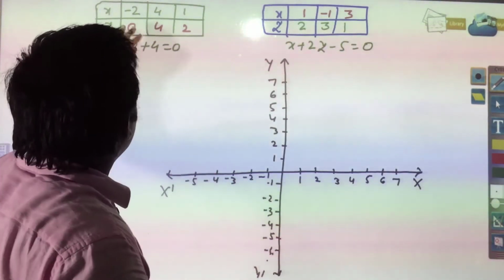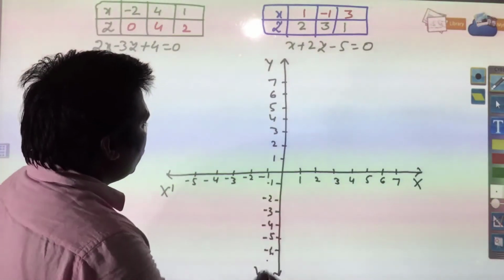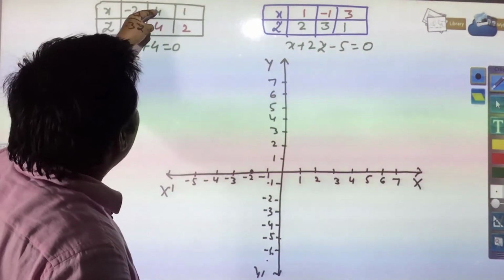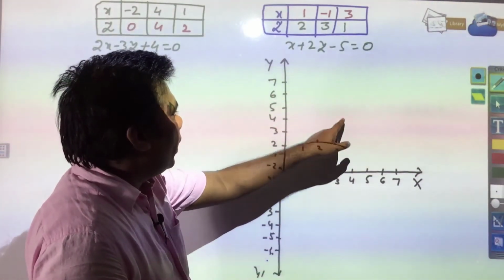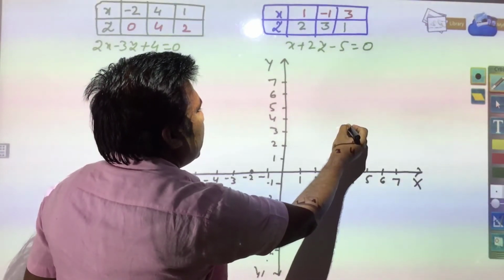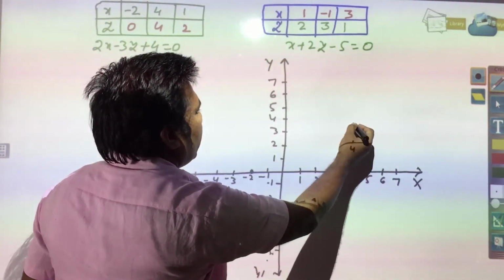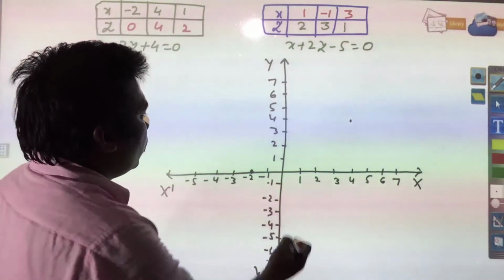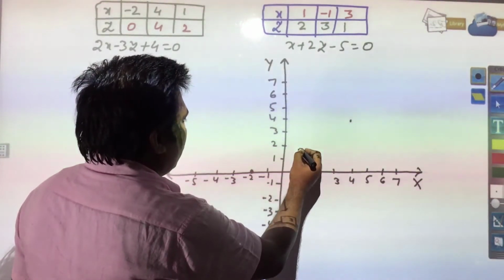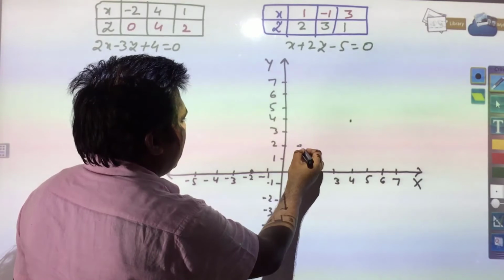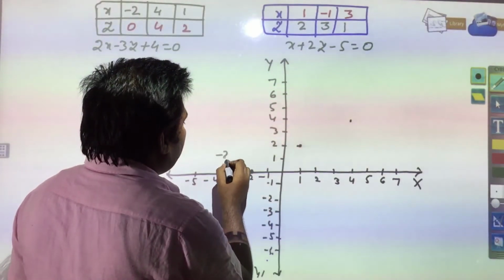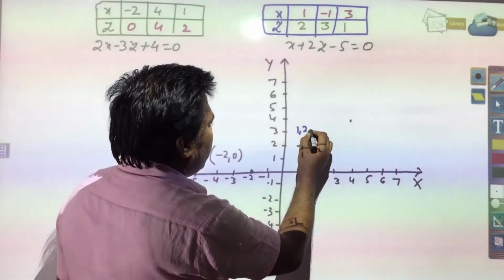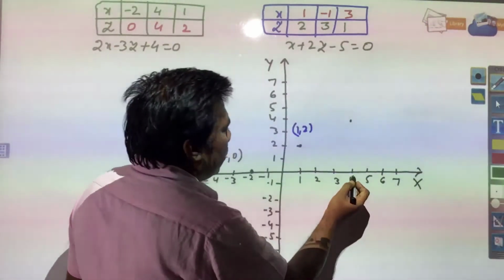Now, you plot the graph. You have coordinates minus 2 and 0. So, you will have this point minus 2 and 0, then 4 and 4, here somewhere it will meet. In graph sheet you can see properly and you can plot here. Then you have 1 and 2, you have 1 and 2 over here. So, your coordinates are minus 2 and 0, then 1 and 2, and then 4 and 4.